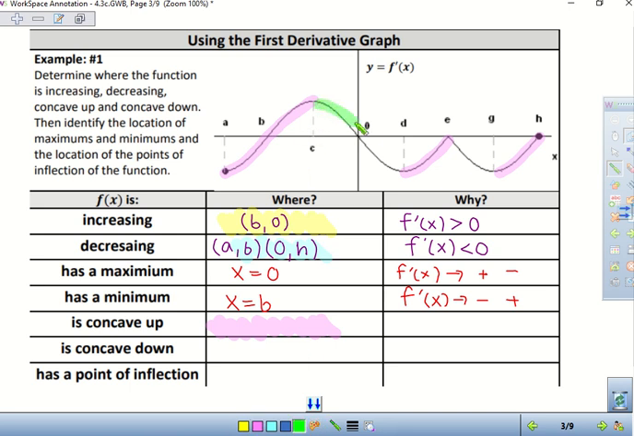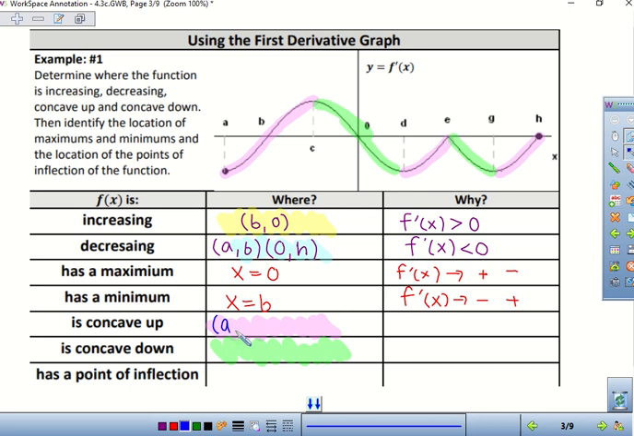Concave down is where the slope of the derivative is negative. So we're concave up from A to C, and then D to E, and then G to H. And then we're concave down from C to D and E to G. And that's because